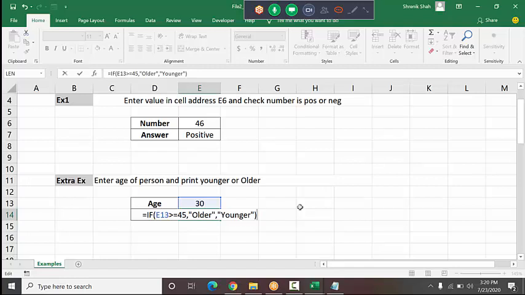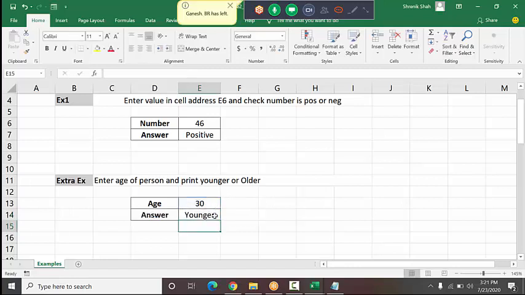In line number 14, I type the IF formula: E13, meaning age, greater than or equal to 45. Specify the double quotes properly. On my screen you can check how I put double quotes around the value. Write the same, and there you type older, second comma you type younger. I press enter, so it prints younger.